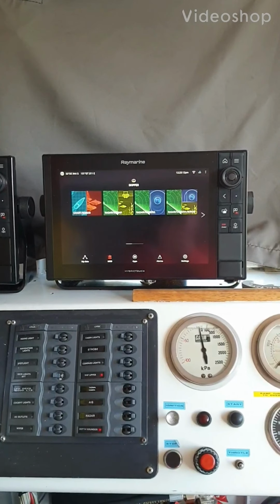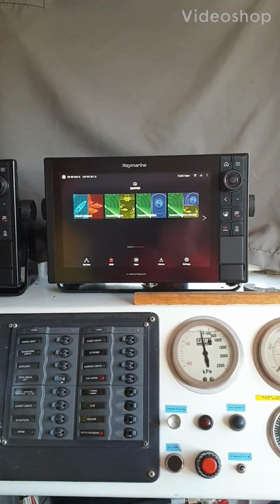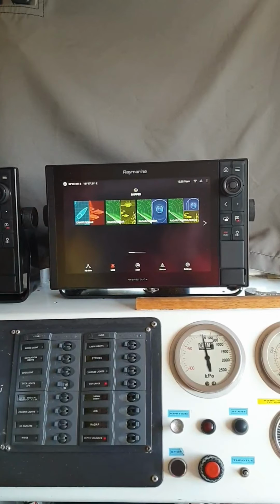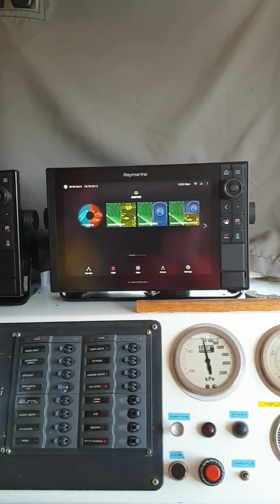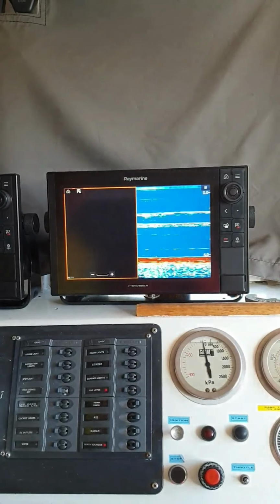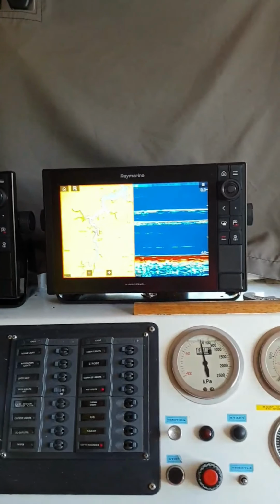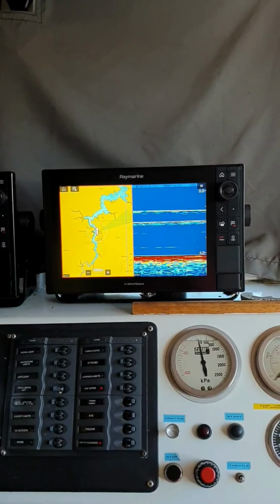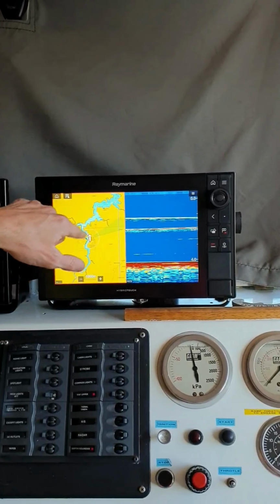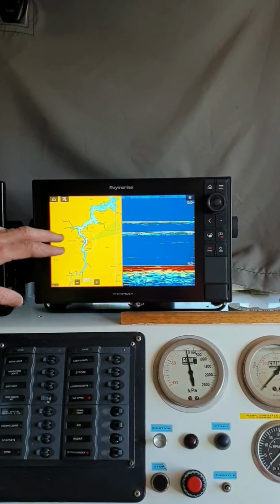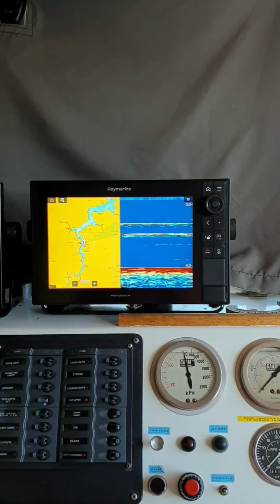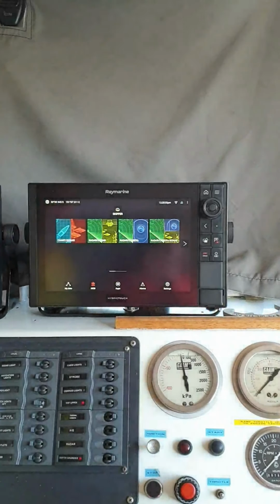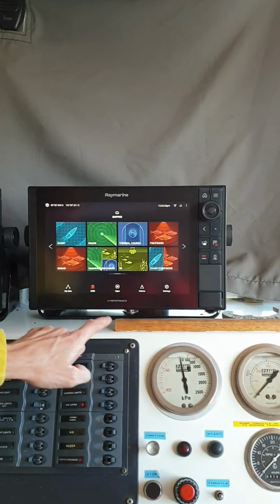We're in our home screen in the skipper profile. So let's say we have our chart and sonar split screen set up, and we decide for some reason actually we would rather just have the chart. So rather than trying to edit this in here, which you can do, but to keep this simple and so that we don't lose all our presets, just go back to the home screen and you can scroll through and